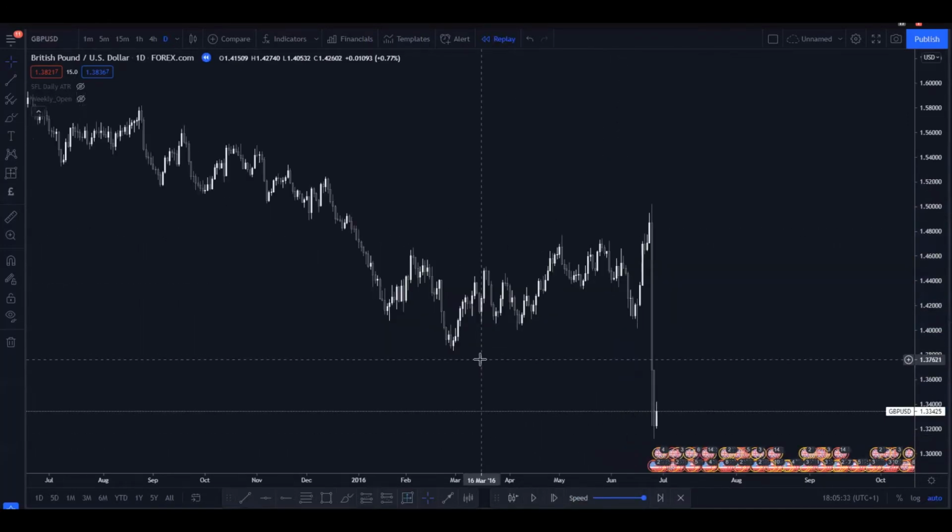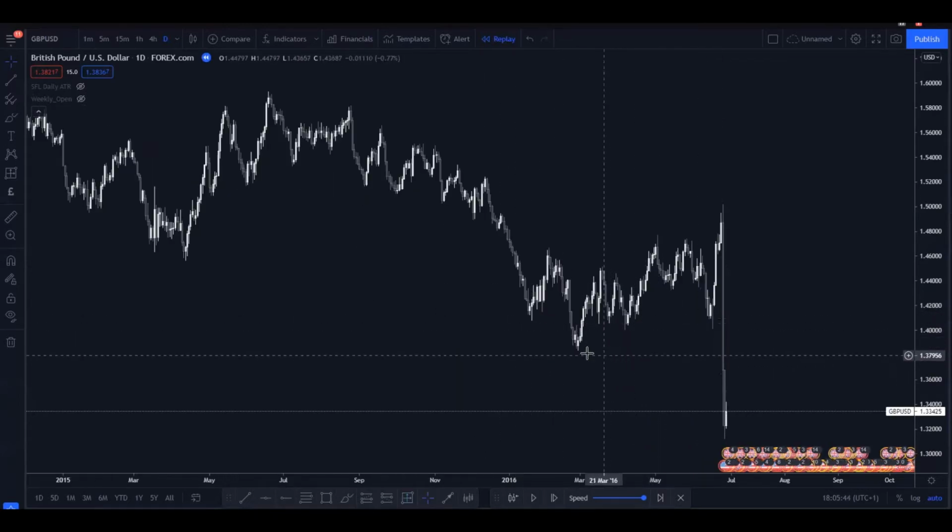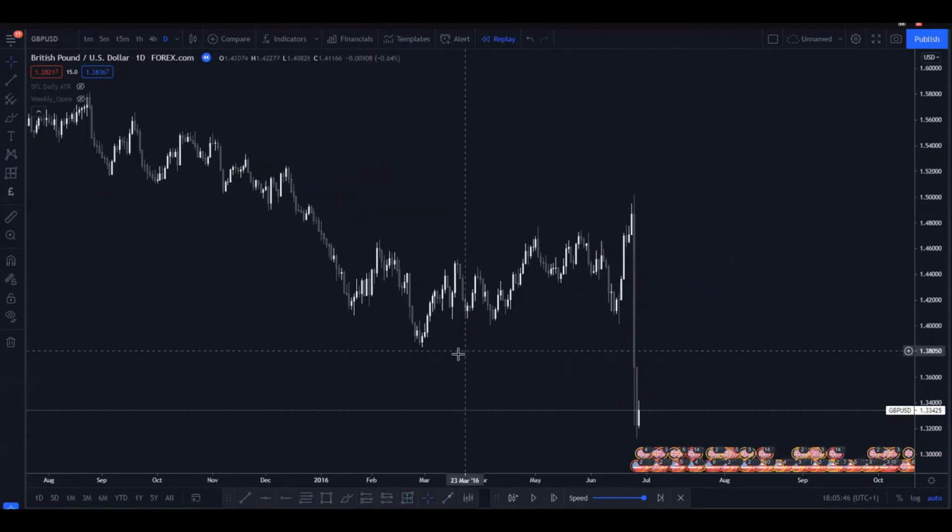As Britain voted to leave the European Union, it caused this massive move in the markets. And once again, if you weren't aware of this, and let's say you were going long because the market might have been trading to the upside here, you'd have got caught offside, and you would have got caught in big slippage once again. So it was another fundamental driver which essentially just changed the whole outlook for pound dollar for years to come after this event. I know they're very extreme examples and they don't happen often, but they do happen.